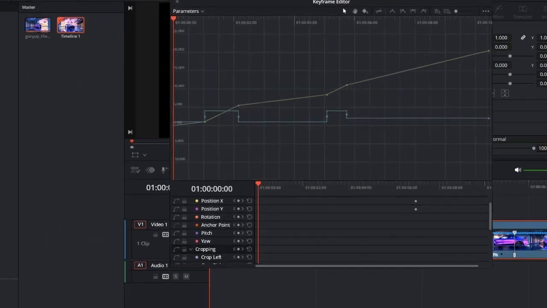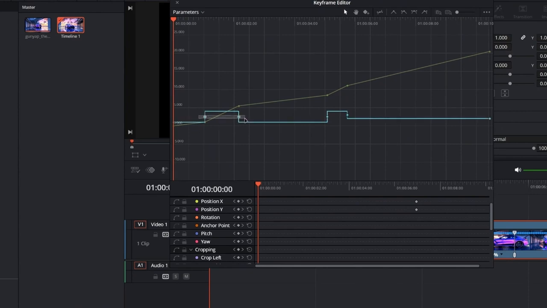There are other options here too. You can adjust the speed by dragging the curves up, or change how smooth the transition is by shortening or